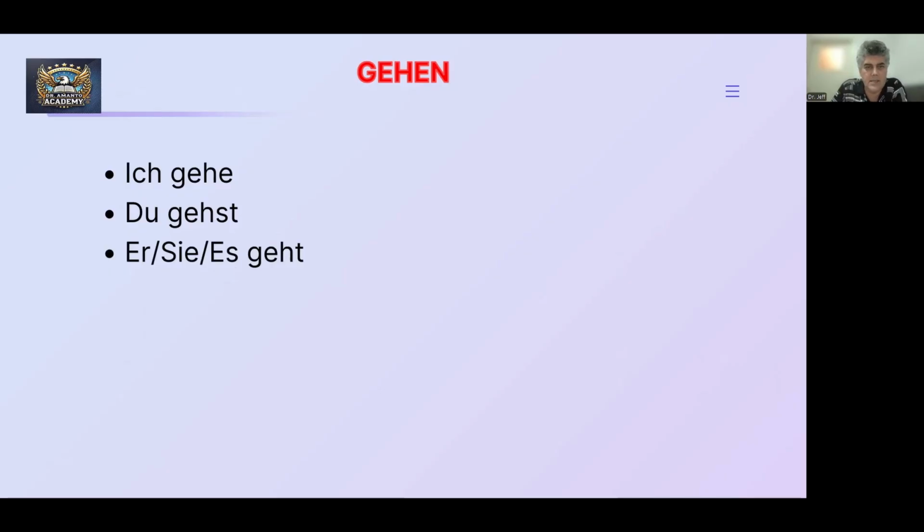Es geht, geht. When you have this H in one word, the vowel before it is lengthened, this becomes a long sound, and this H is silent, like geht. We don't say get, we say geht, a bit longer.